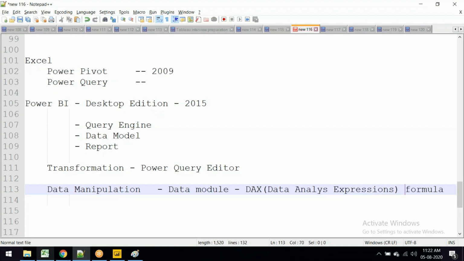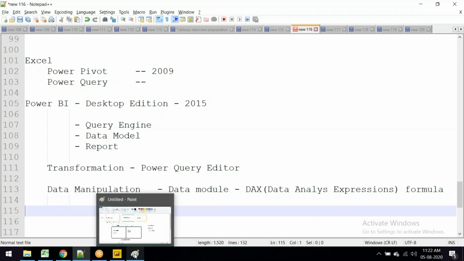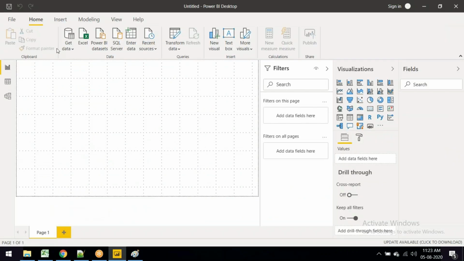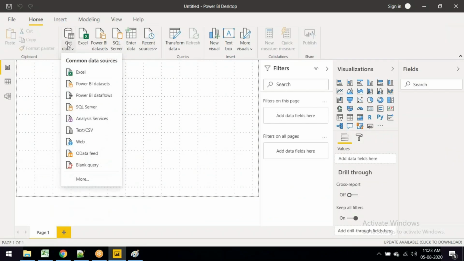So what are the different tools available in Power BI desktop? They came up with this tool around 2015 only, so in the last 5 years only. They have added so many functionalities, and Microsoft is trying to integrate a lot of concepts, same like our Tableau. We have connected to the Oracle database. Once again, I will connect. This time I will tell you